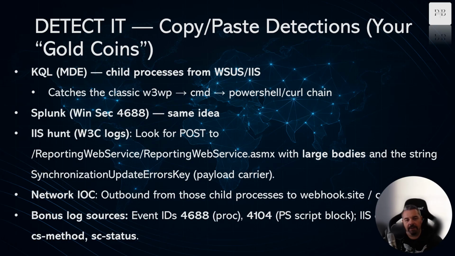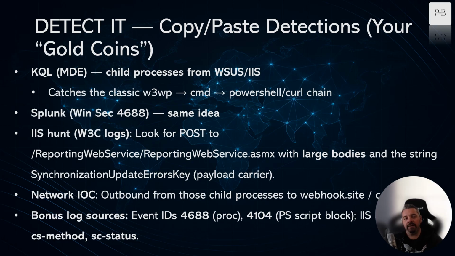That's not normal on a WSUS box, and that's our signal. Your SIEM queries in the description look for that chain using event ID 4688 for process starts and 4104 for PowerShell script blocks. If you don't see 4688 and 4104 on your WSUS host, turn them on after this video